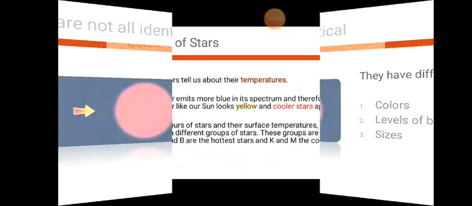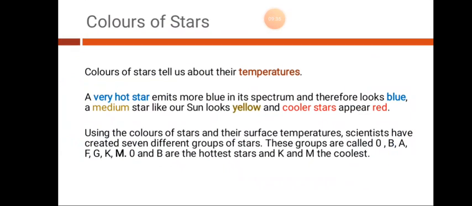Okay, so the color of the stars tells us about the temperature. It's very important, you need to remember. A very hot star emits more blue in its spectrum, and therefore it looks blue. And a medium star looks like our sun, which is yellow in color, and the cooler ones